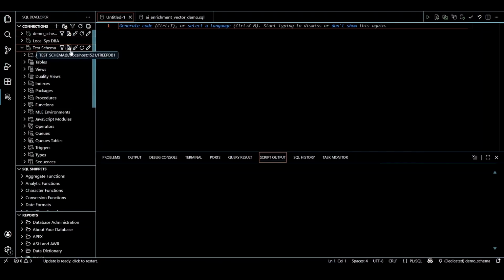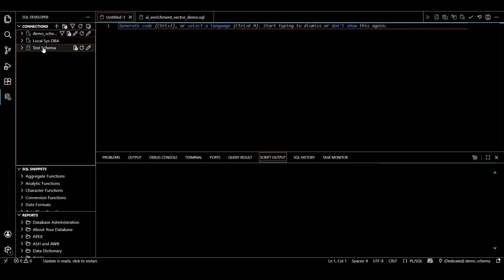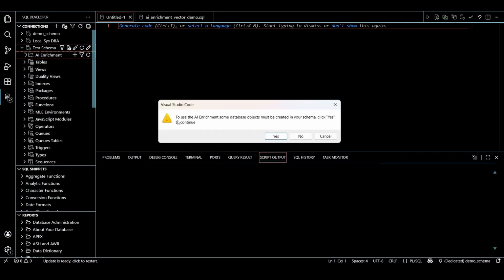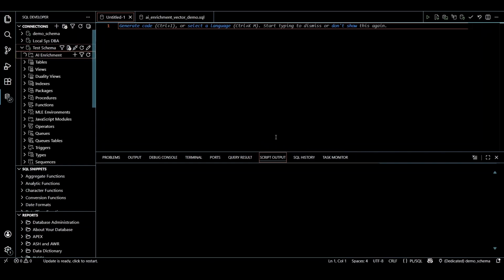Once this is connected, let me just show how it would normally look like. It will normally look like this. To connect it, we can either just expand it or right click and connect it. Then within it, the first option that we can see is AI enrichment. If you haven't set this up yet, if I am clicking it for the first time, it will just load and then it will show this prompt: To use the AI enrichment, some database objects must be created. Now if I click yes,